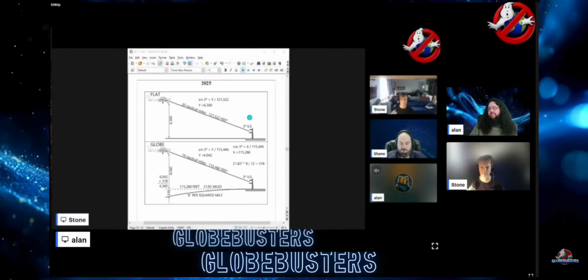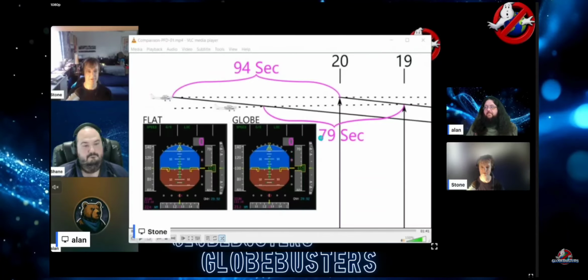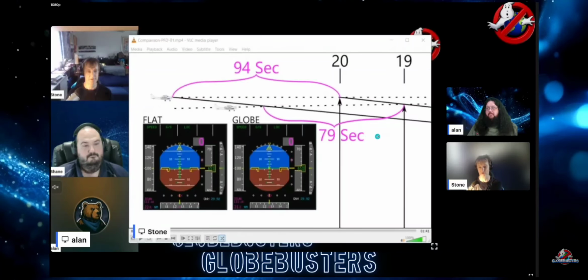So yes, I went from here and plotted out an animation we were about to show of what it looks like to fly those two scenarios simultaneously, where they would both intercept that 3-degree angle on the right side of what we're seeing at the same moment, either after the end of 94 seconds or the end of 79 seconds, that it takes them both to travel between 2.65 degrees and 3.0 degrees relative to the angle of the tower, which is fixed. I hope that makes sense. That was a long explanation, but that's what it's about.